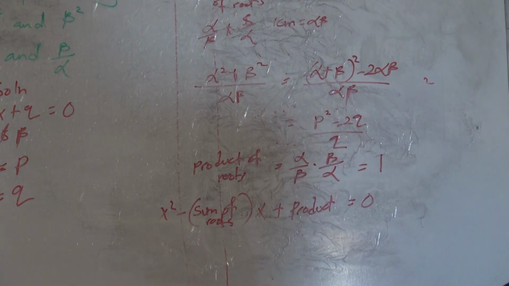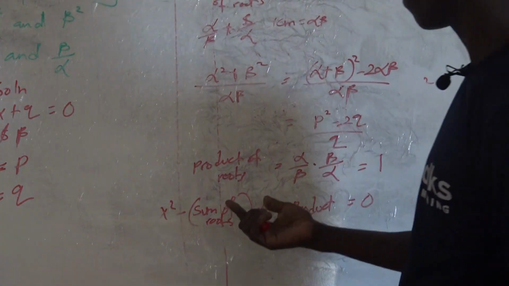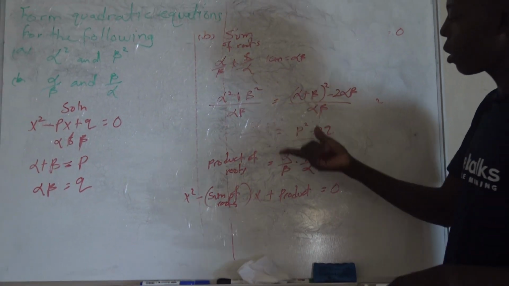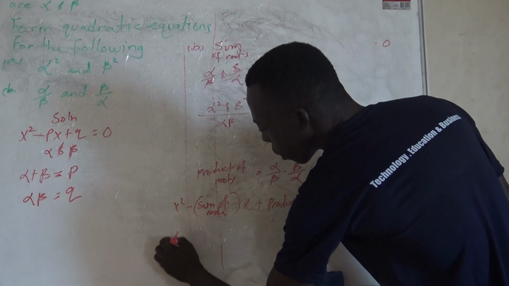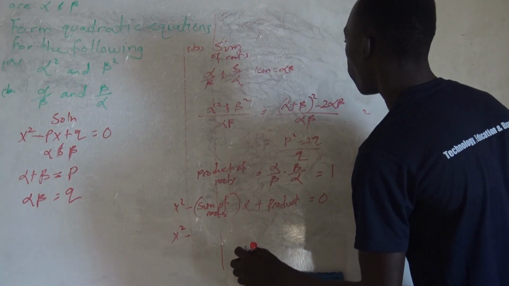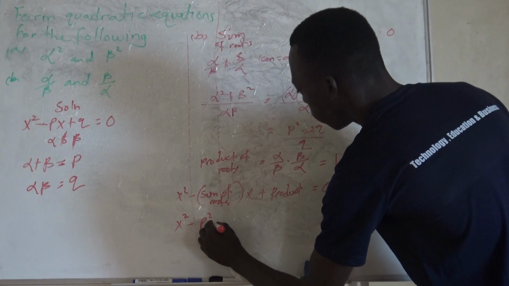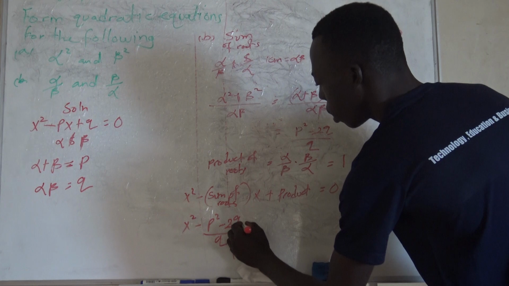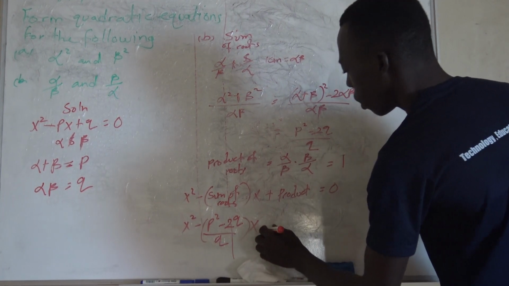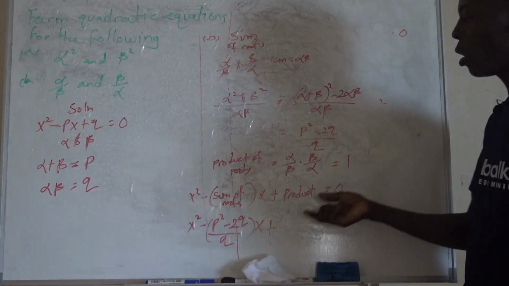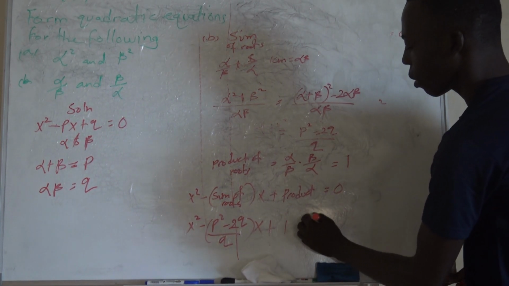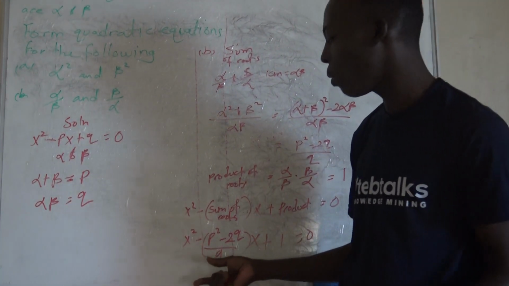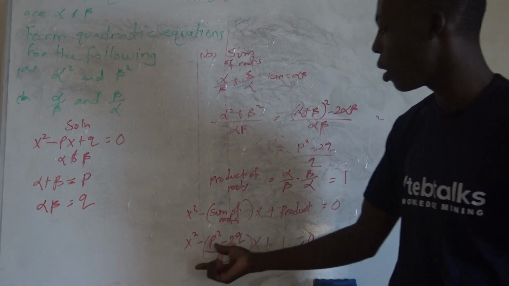So now we substitute in the sum and the product to get our equation. The sum which we have got is this one here. It is x squared minus p squared minus 2q, out of q, times x, plus the product which is 1, must give us 0. When you reach this and you have something like a fraction, don't leave your answer like this. What we do is get the LCM,